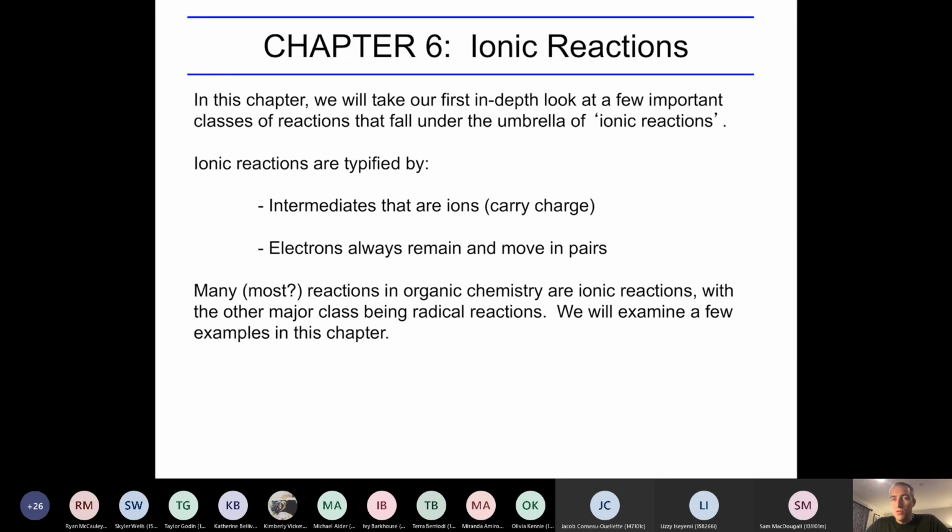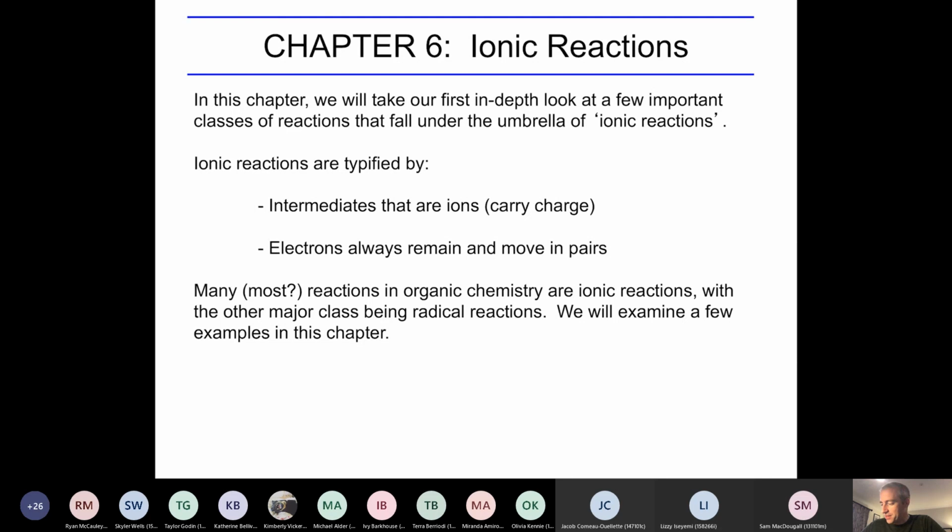We're going to move now into phase 2 of the course, which is going to be on reactions. So we're going to see our first reactions in this course, and as you will see, a good understanding of the structure that we've already gone through will be critical to fully understanding the reactivity as well. So in particular in chapter 6, we're going to be introducing a type of reaction called ionic reactions,